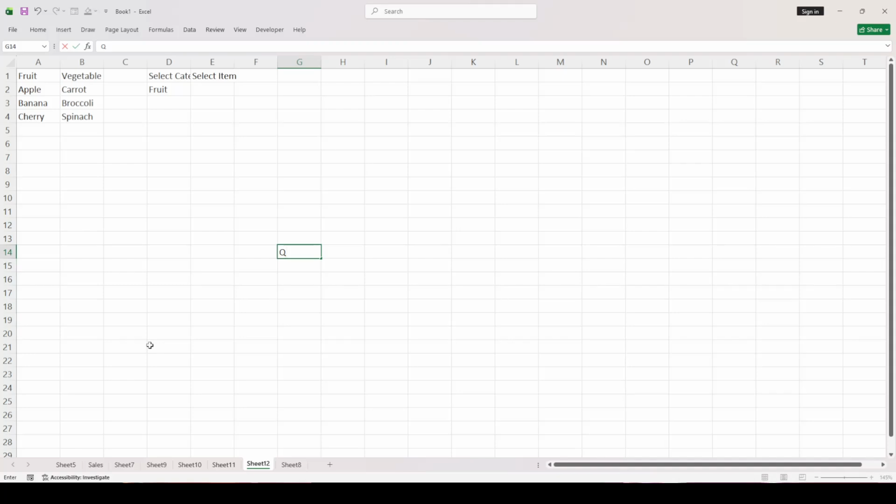In today's video, I am going to teach you how to create dependent drop-down lists in Excel. To begin, open your Excel workbook and look at the sheet where you want the dependent drop-down lists. The key idea is that the options in the second drop-down will change based on what you select in the first one. This is useful when you want to keep your data consistent and make it easier to enter information